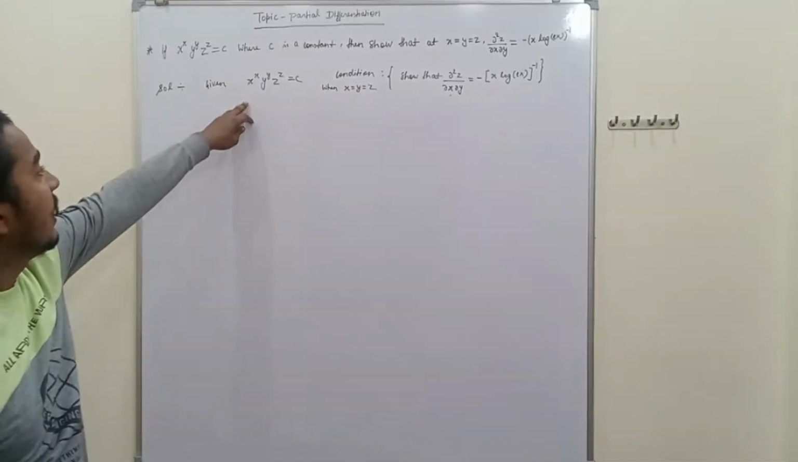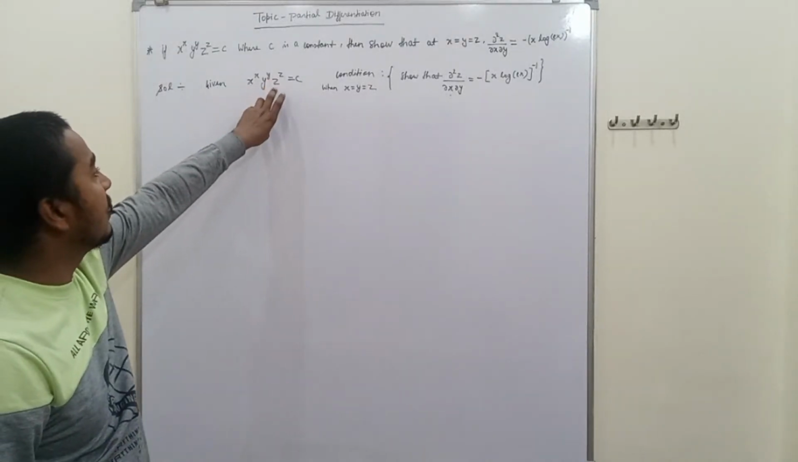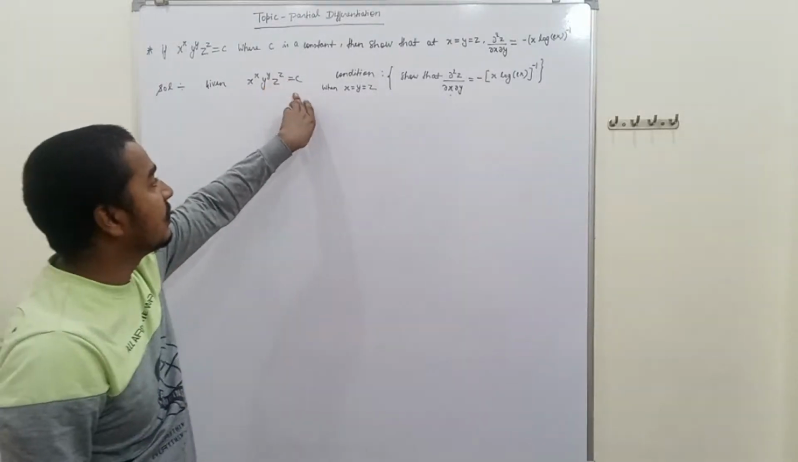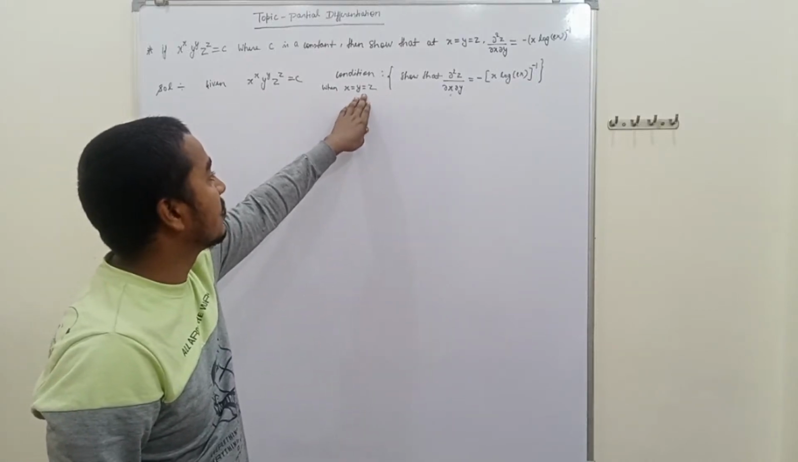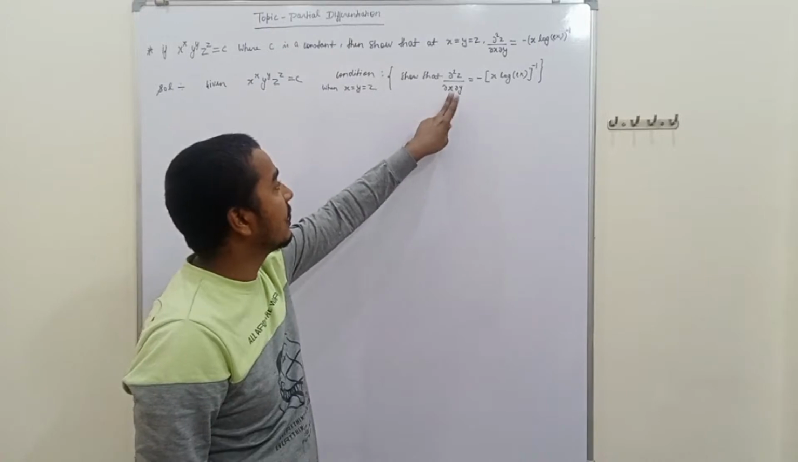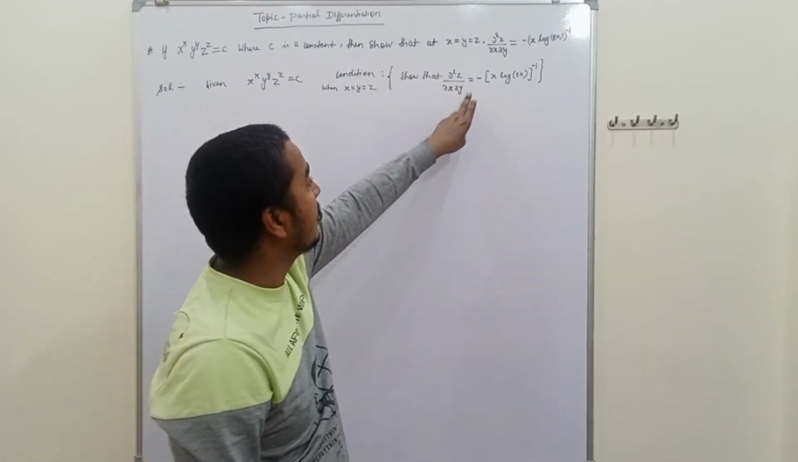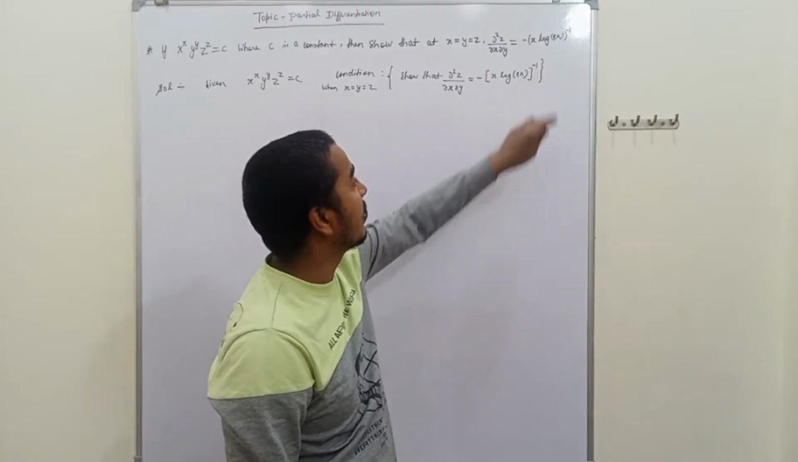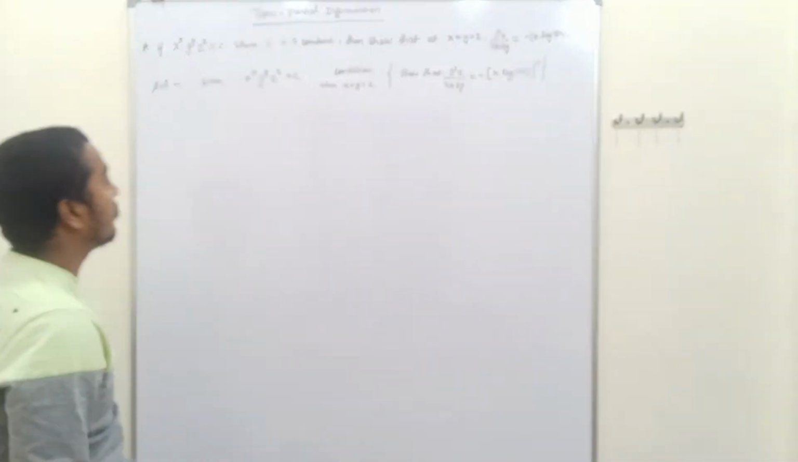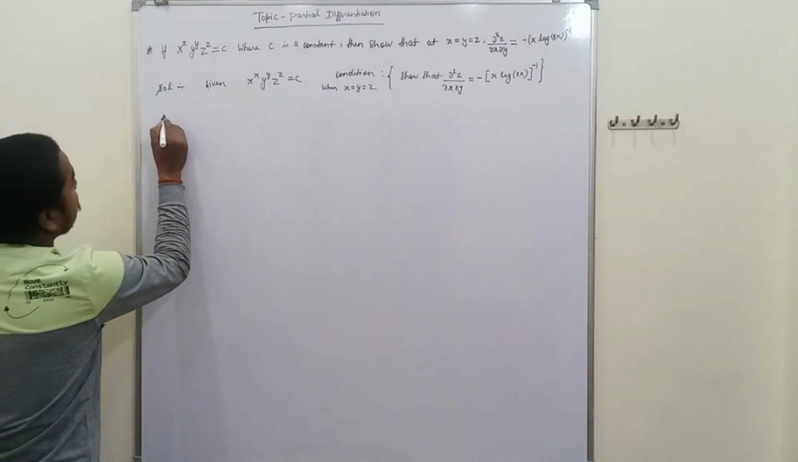The function is given: x^x and y^y into z^z is equal to c. Then the condition, if x is equal to y plus z, then we have to show that del 2z upon del x del y is equal to minus of (x log e x) to the power minus 1. Let's solve the problem. Given function